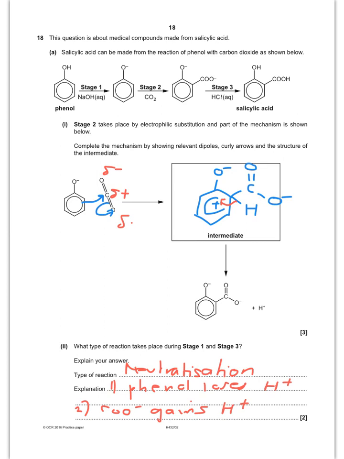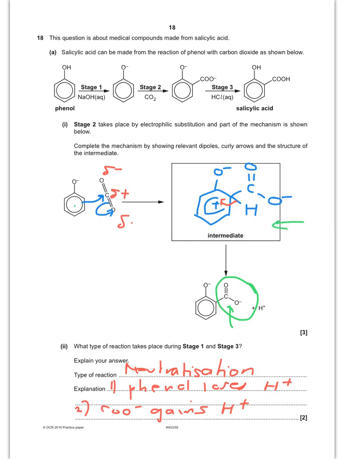Okay, so this probably isn't a mechanism that you've seen before, but you should be able to work it out. The key thing to note is that you are looking at your final state of the CO2 group there. The first thing that has to happen is, of course, the electrons have to come out of the benzene ring to attack the carbon, but carbon can't form more than 4 bonds, and therefore one of the carbon-oxygen bonds must break. It's going to be this one here, because you can see it's a CO minus group. Once you've done that, you then get to this intermediate here. You're going to lose the H plus